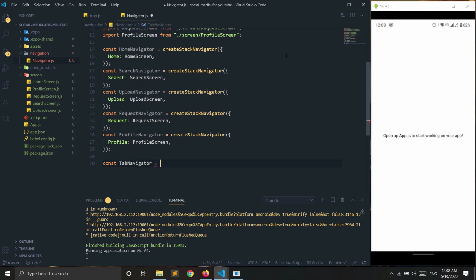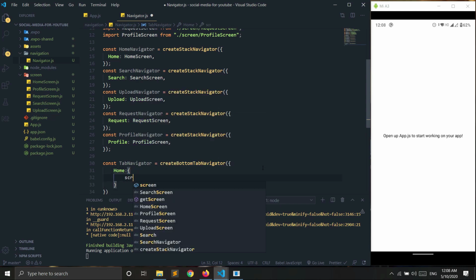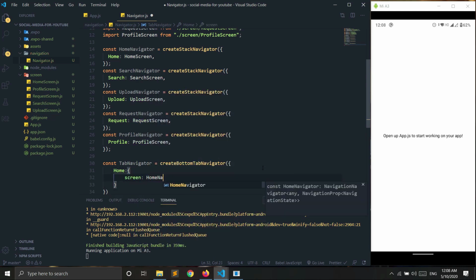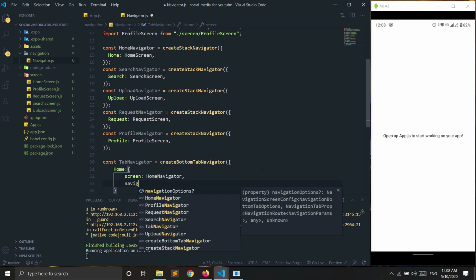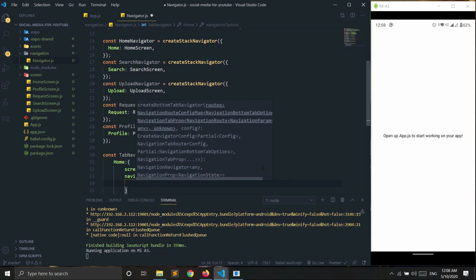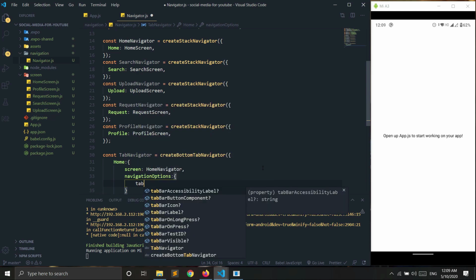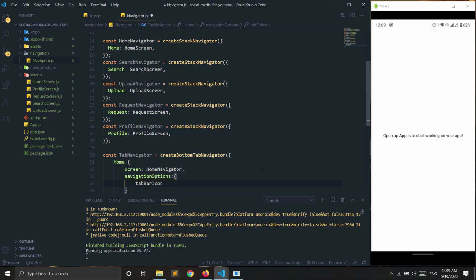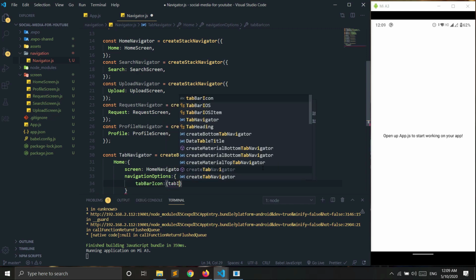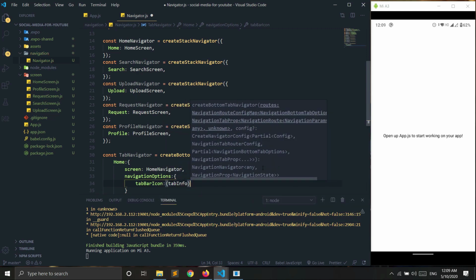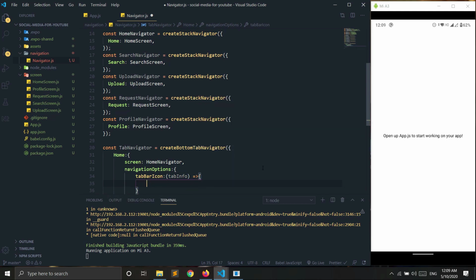So we create the tab navigator. It's all written in the documentation, so you can head over there if you have any doubts. For the first one, it will be our home screen, and for that the screen will be the home navigator, and we also need some navigation options. First of all, tabBarIcon.